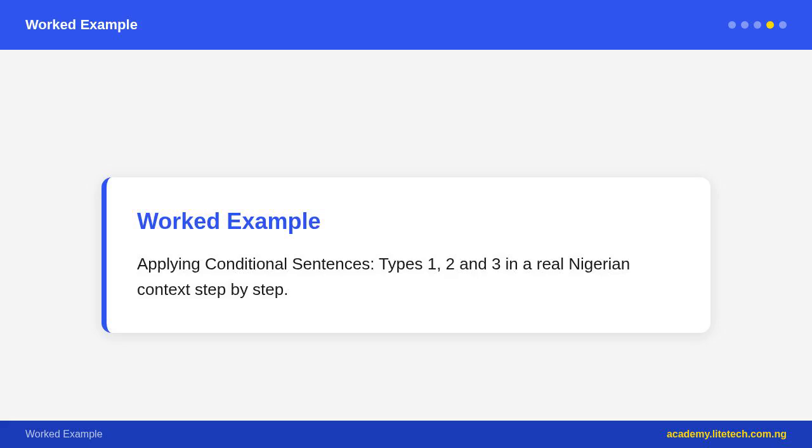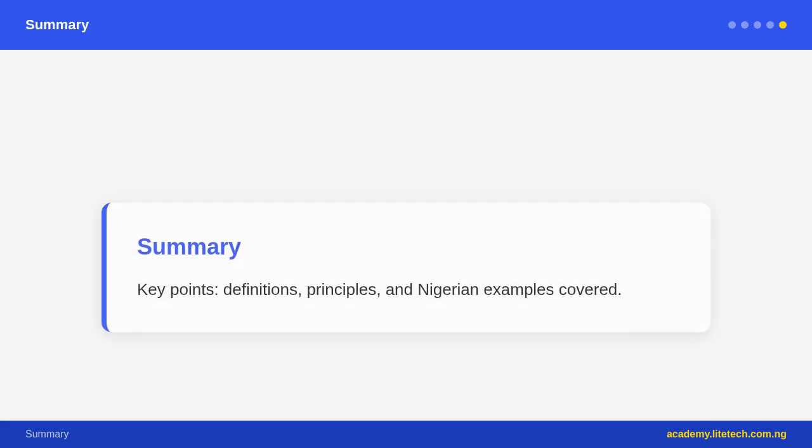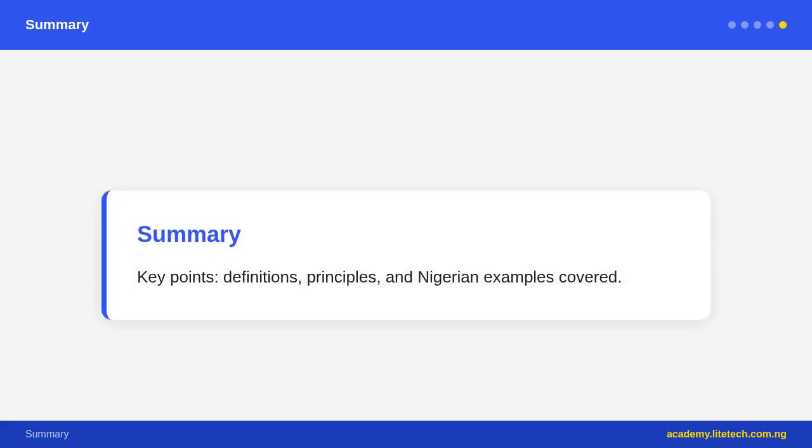Remember, a conditional sentence expresses a condition, the if clause, and a result, the main clause. If this happens then this result follows. 3 types. Type 1, real, likely, possible condition in present/future. Structure: if plus simple present, will plus base verb. If you study, you will pass, it is possible. Never use will in the if clause. Wrong: if you will study. Right: if you study. Clauses can be in either order. No comma needed when the main clause is first.